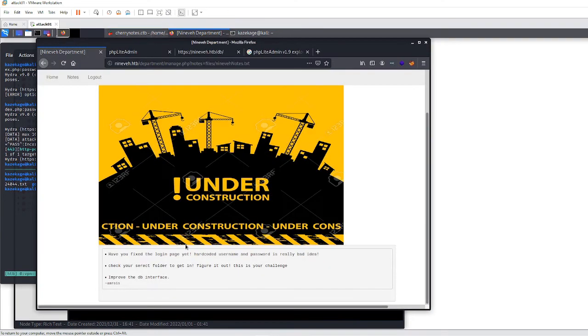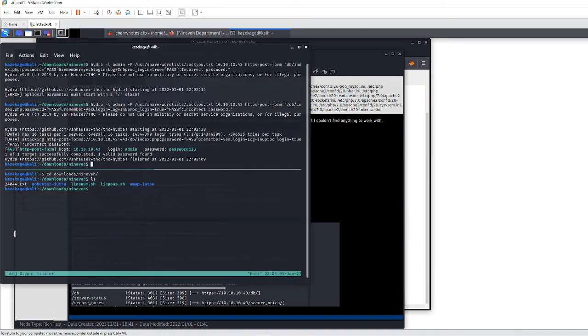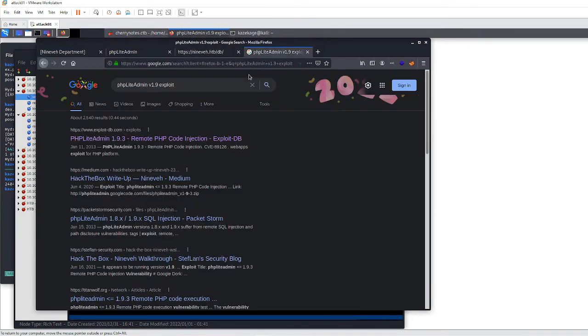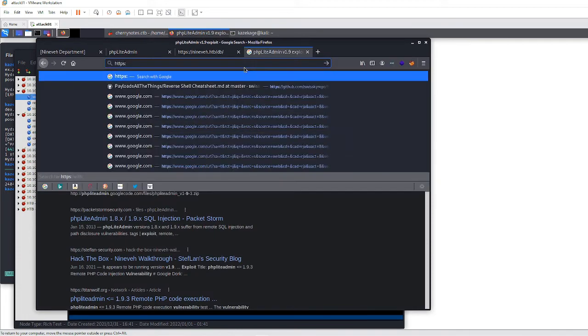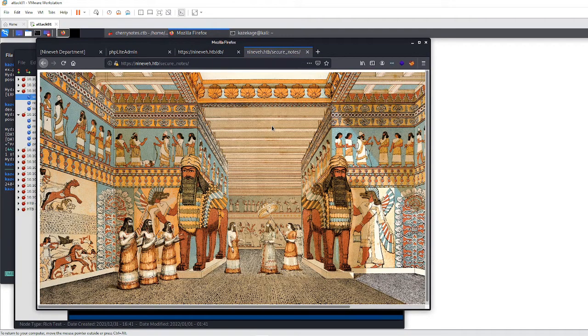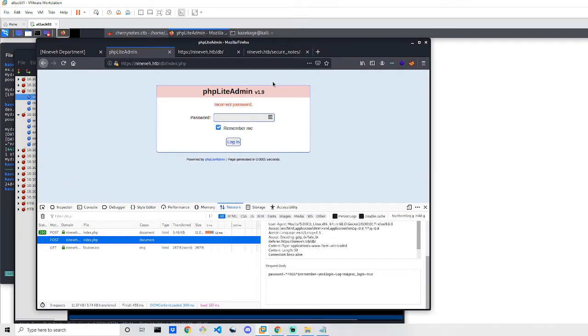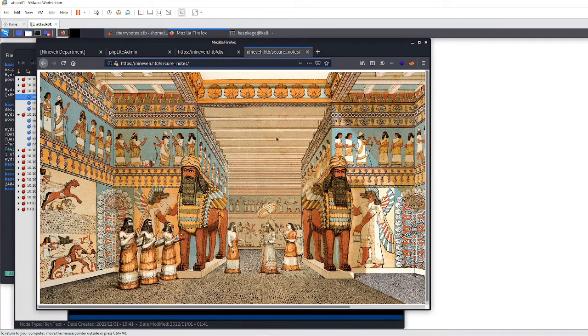When I read this, secure_notes came back to my mind. I had already gone to the page, and it was just this picture. When I first got here, I looked at this before even doing the brute forcing attack, because it was just something in the gobuster scan. Everything from gobuster that looked good, I went to the pages to visit them and see what they were about. This was something I did check out too, and when I had saved the image,